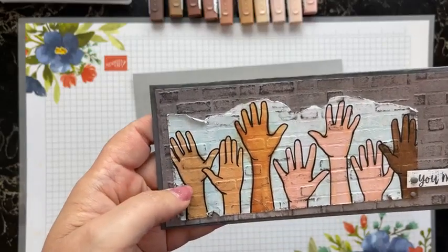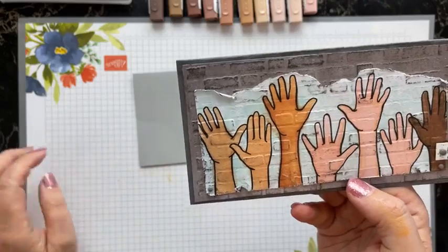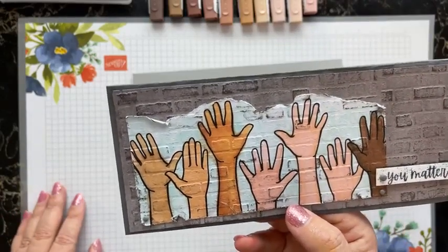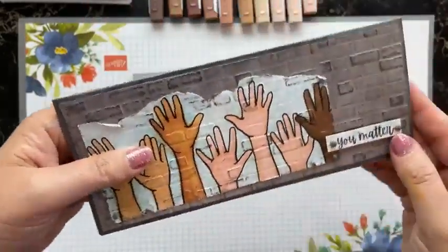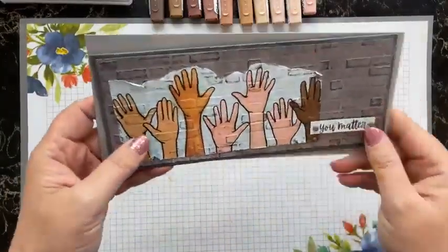my embossing machine with the bricks and mortar embossing folder, and then I used some grey ink just to rough it up and did some splatters. Now I got this